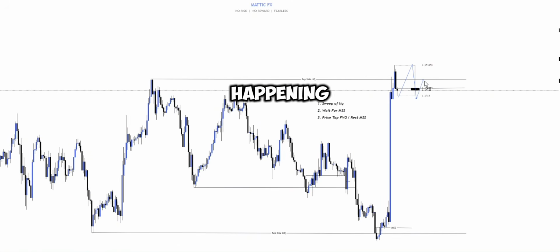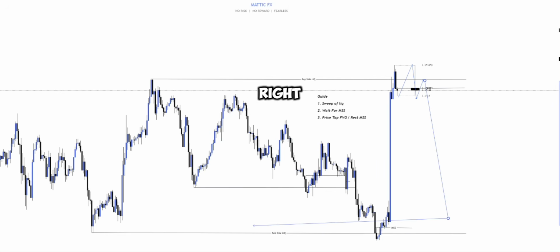Don't know why that keeps on happening. So basically this is where you're gonna stay attentive, right? This is where the market is gonna basically reveal itself,